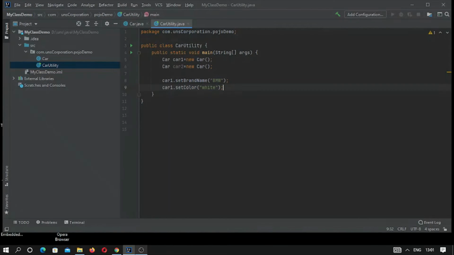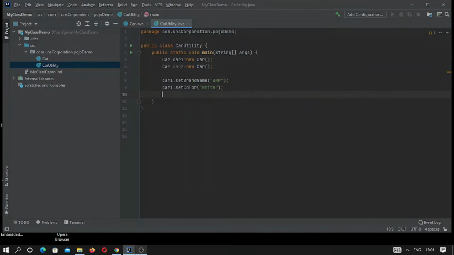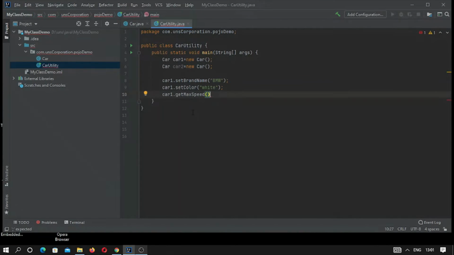Now this BMW car has, suppose, a maximum speed. This is an int value, so suppose this is 350.